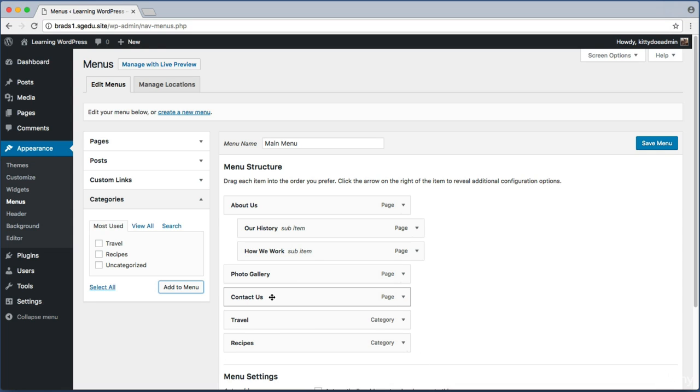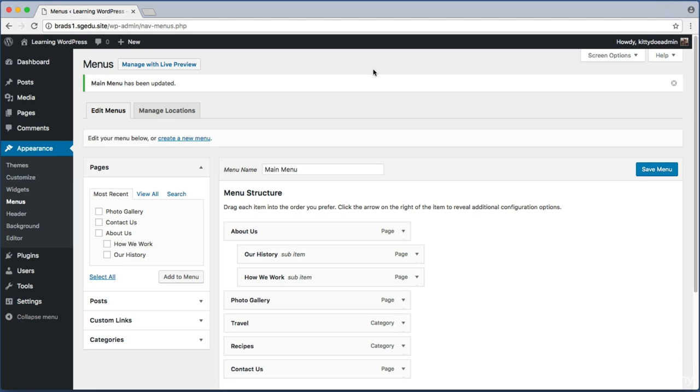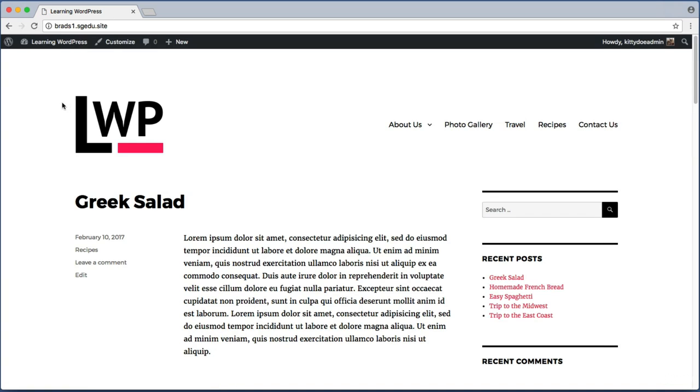Now I want the contact us page to be the last link in the menu, so I'm just going to drag and drop it here. All right, the menu looks good to me, so I will click the blue Save Menu button. And now if I jump back to the public-facing front end of my website, here's the home page, but if I use the navigation menu to click on Travel,